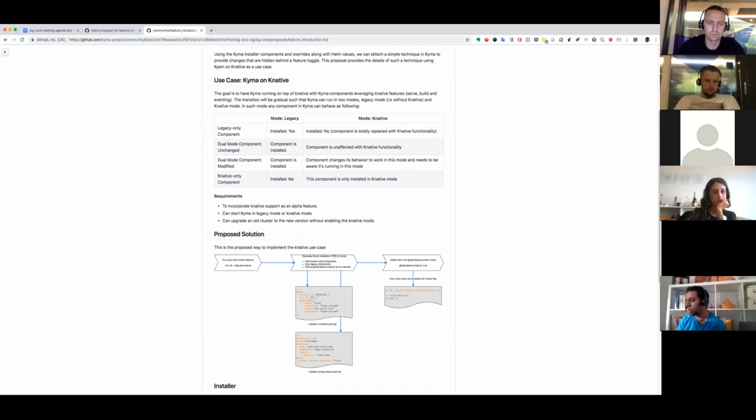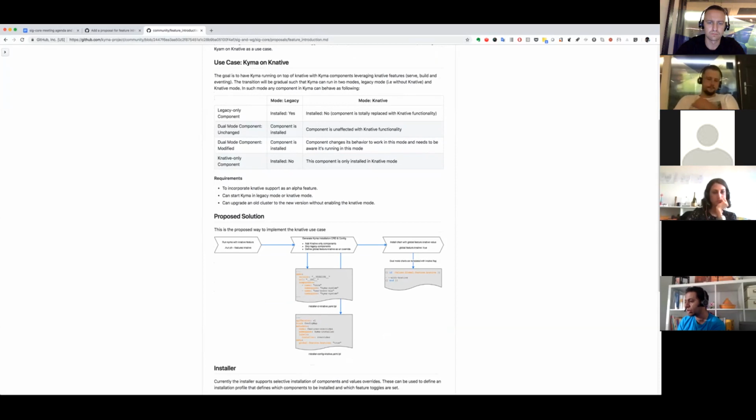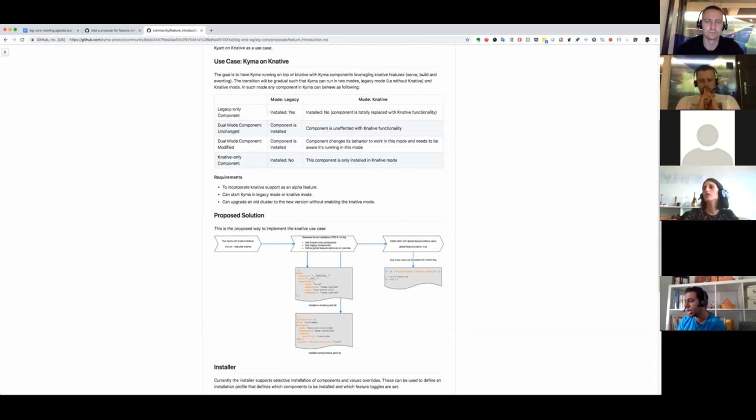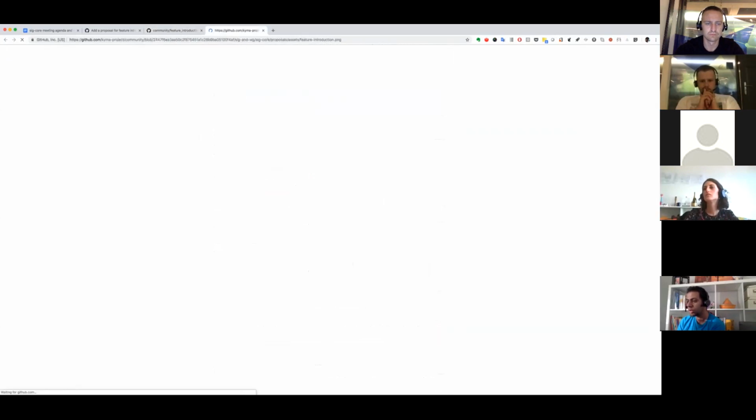The other one will be modified so it can work in both modes, with Knative and without. However, it needs to be aware when it's running in Knative to provide a different functionality or provide the existing functionality in a different way. And there are, of course, Knative-only components that should only be installed in Kyma when it is running in Knative mode. And to provide that in our solution, maybe let me open this diagram